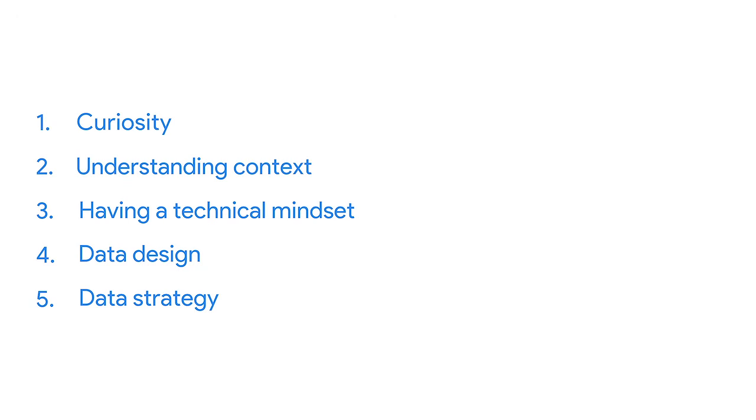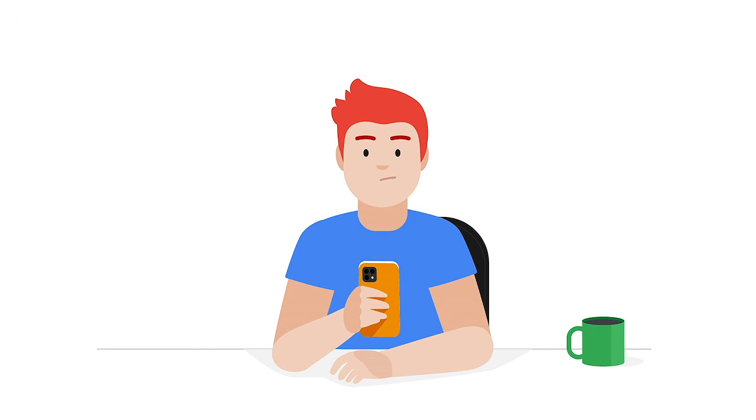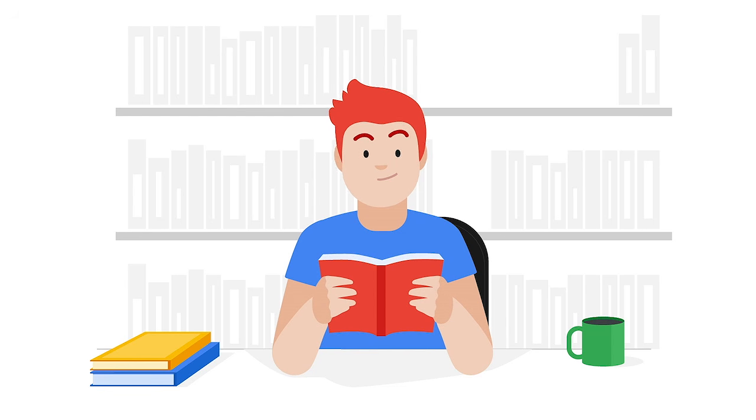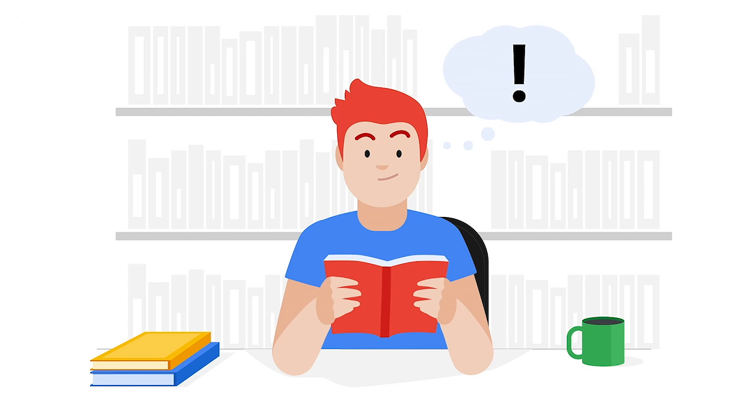Now let's learn more about how these 5 skills help you tap into all the potential of data-driven decision-making. First, think about curiosity and context. The more you learn about the power of data, the more curious you're likely to become. You'll start to see patterns and relationships in everyday life, whether you're reading the news, watching a movie, or going to an appointment across town. The analysts take their thinking a step further by using context to make predictions, research answers, and eventually draw conclusions about what they've discovered. This natural process is a great first step in becoming more data-driven.